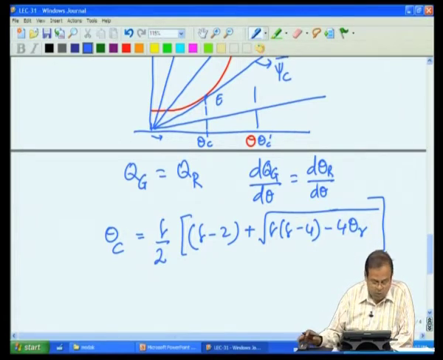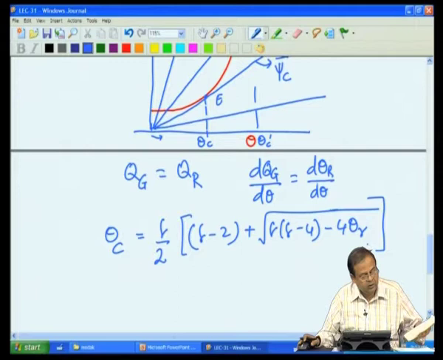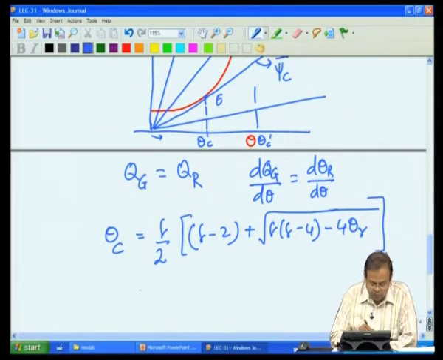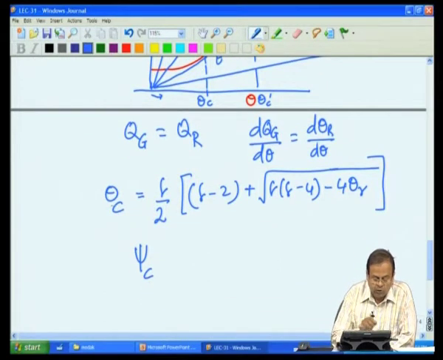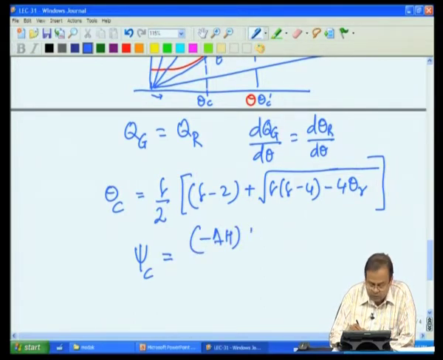Knowing this value, and also realizing that we have our Semenov number, corresponding to this we will get the slope of that line, and let us call that slope 1 over psi c, where psi c, as we know from the definition, is